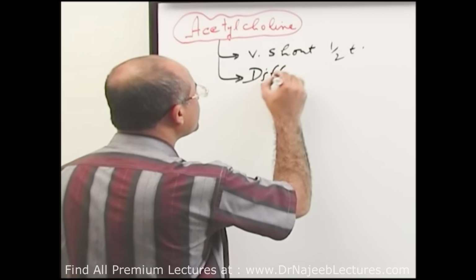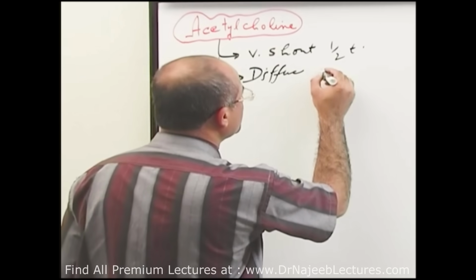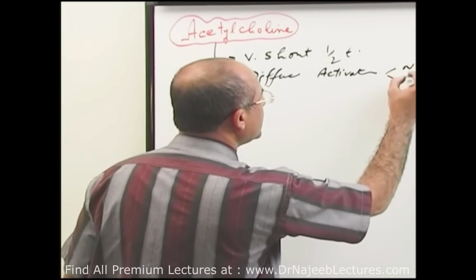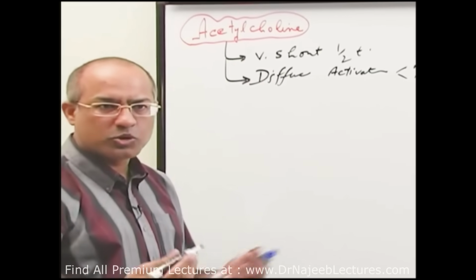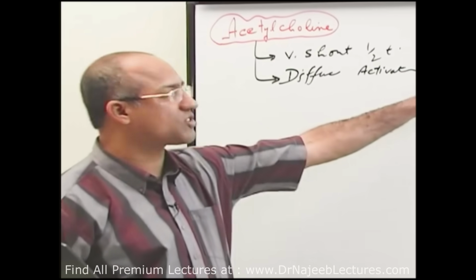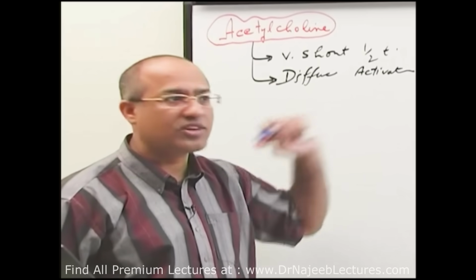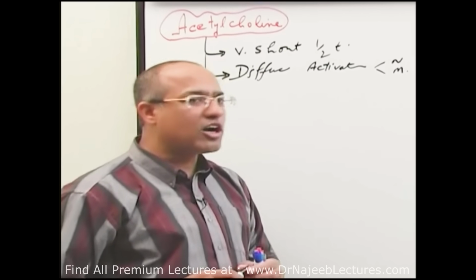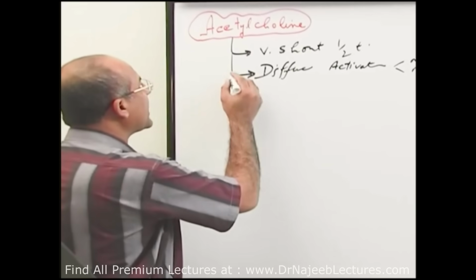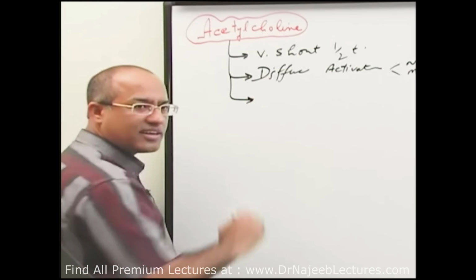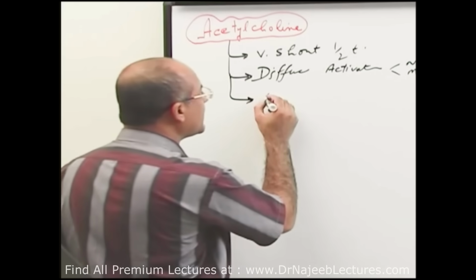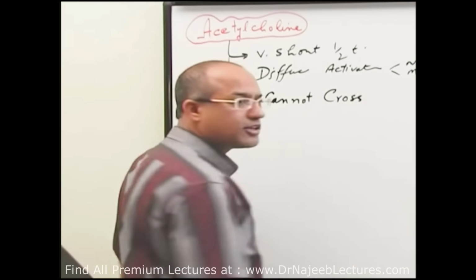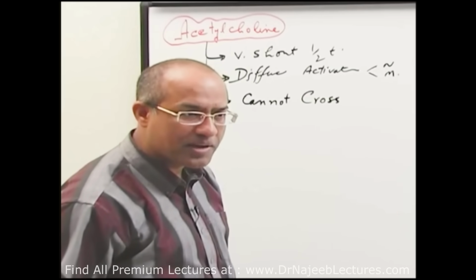This is diffuse because it produces diffuse activation of the cholinergic system, activation of nicotinic and muscarinic receptors. So you can understand it can go to the central nervous system and stimulate nicotinic and muscarinic receptors there. But here I said something wrong. It does not go to the central nervous system. The reason being it is a highly charged, highly polar compound and it cannot cross biological membranes including the blood-brain barrier, right?